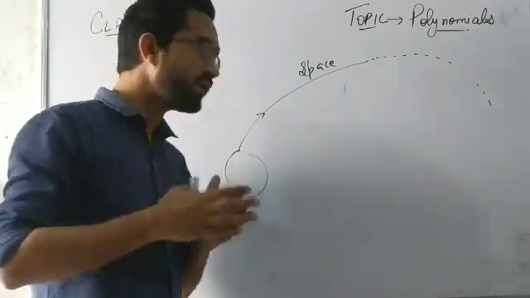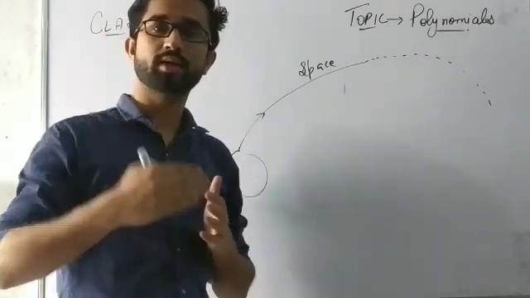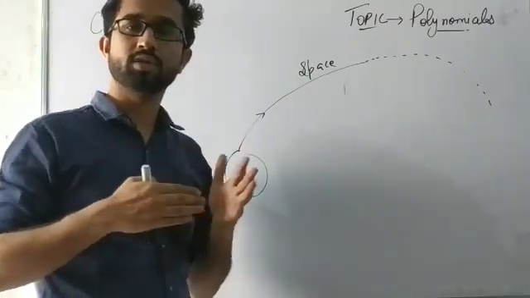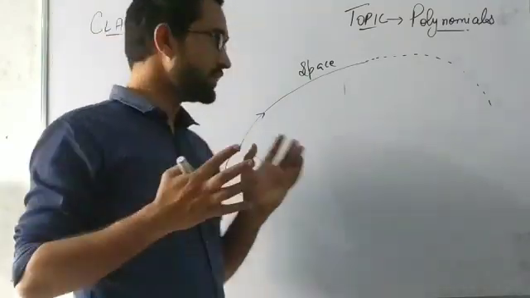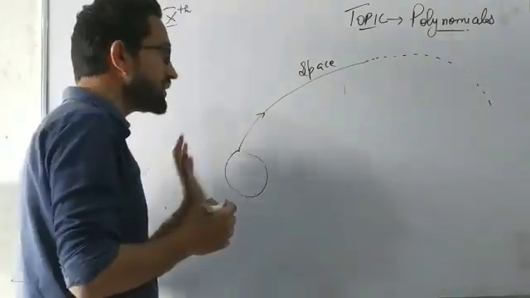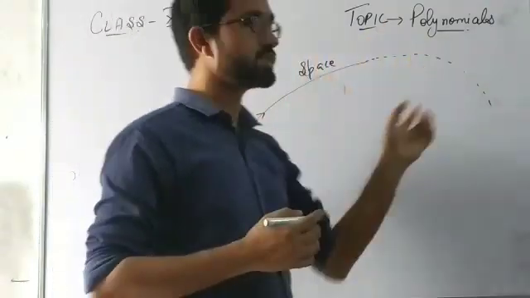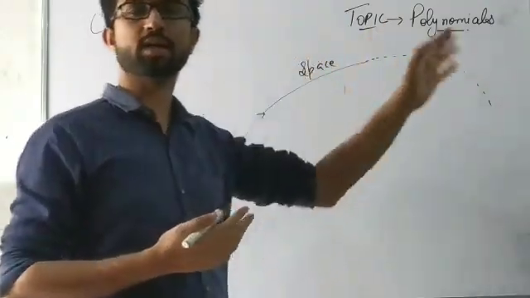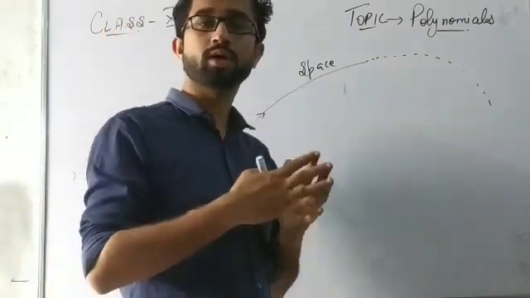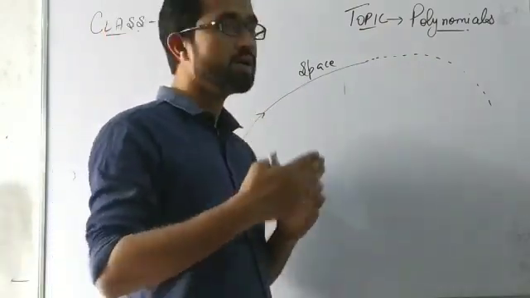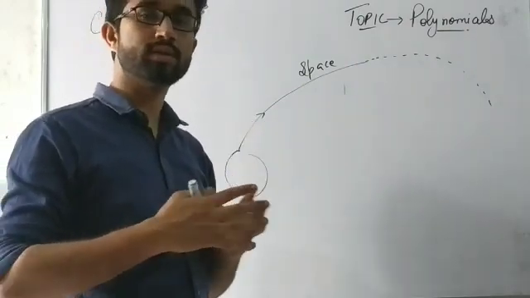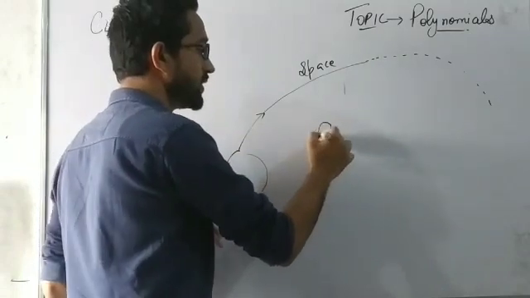So in order to calculate this, these scientists, astronauts or researchers calculate these things with some complicated equations. They need some equations in order to calculate the distance or the time taken by the satellite to go there, and what amount of fuel they require in this satellite. So they use some equations in order to calculate this. Those equations are known as polynomials.